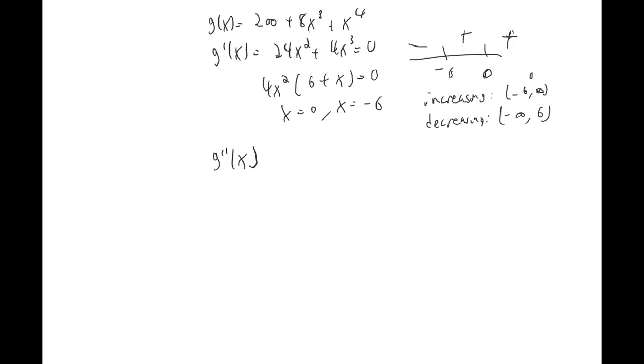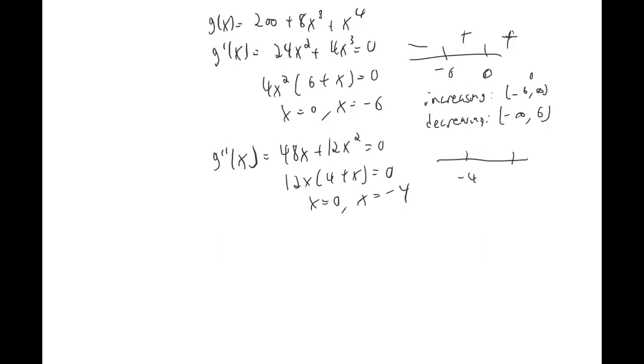G double prime of x. Okay, let's check concavity now, right? Second derivative, 48x plus 12x squared. So we set it equal to 0, right? Fine, same exact process. 12x times (4 plus x) equals 0. So you get x equals 0, x equals -4, right? Then before -4, like -5, 4 plus x is negative, 12 times x is negative. So this is positive. So between -4 and 0,